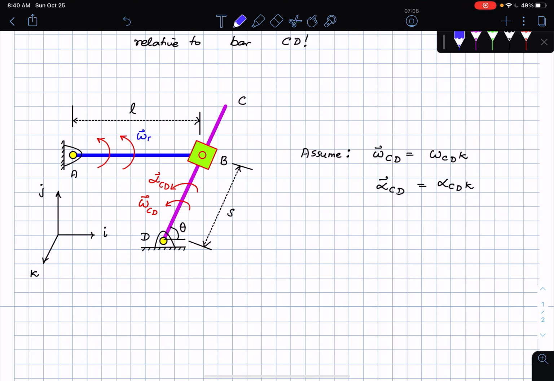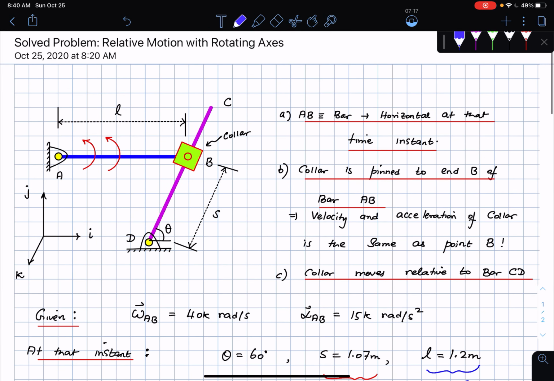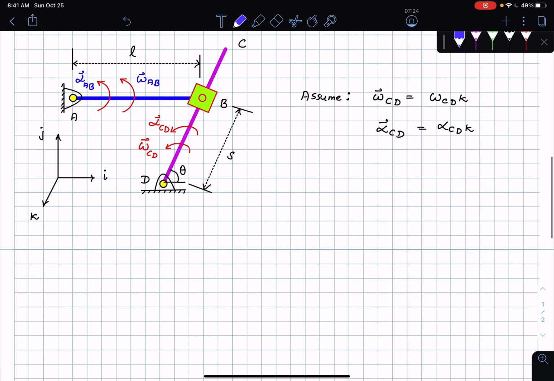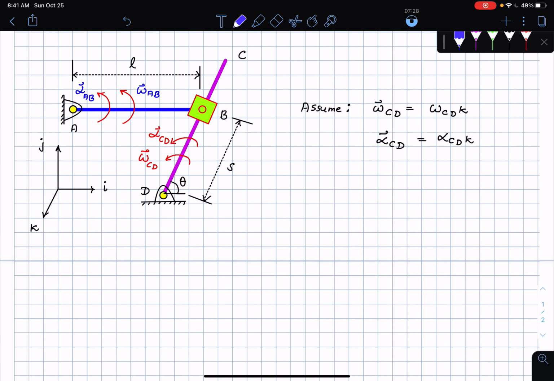to me as counterclockwise. That's alpha AB, and I guess I need to have that on this figure here as well. So this is omega AB that was given to me, and this was alpha AB that was given to me. Okay, all right, now I'm going to start with the easiest part of